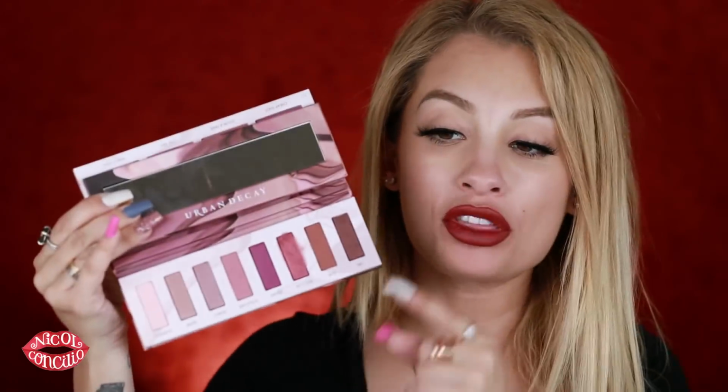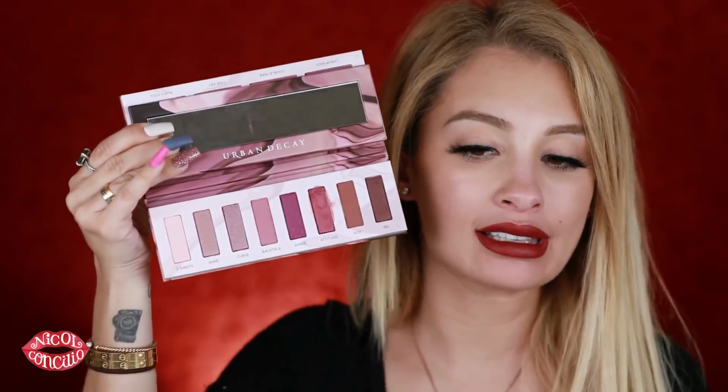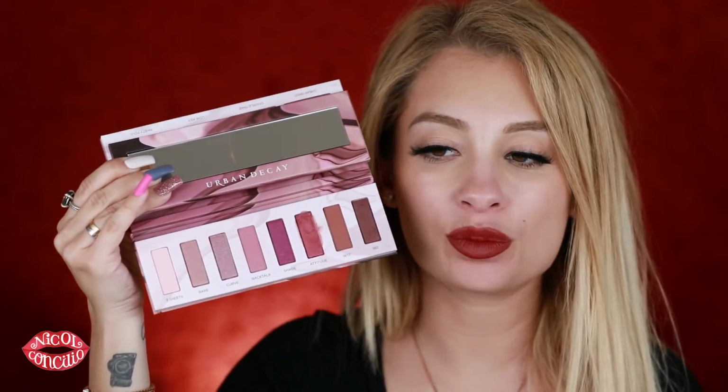But for some reason, this palette, I don't really care for it, and a lot of it has to do with the packaging as well, because this is annoying. This, to me, is very, very, very annoying. It's just clunky, and it won't stay shut for me. I feel like if this was just an eyeshadow alone with a mirror, I would be all for it and be happy and dandy with it. But the fact that this mirror pops out and there's this blush kind of thing on the